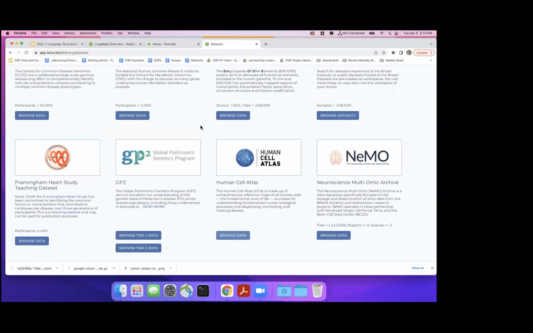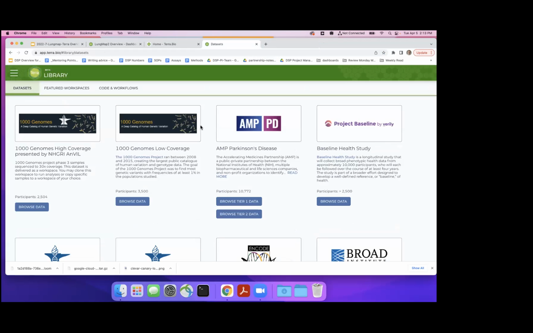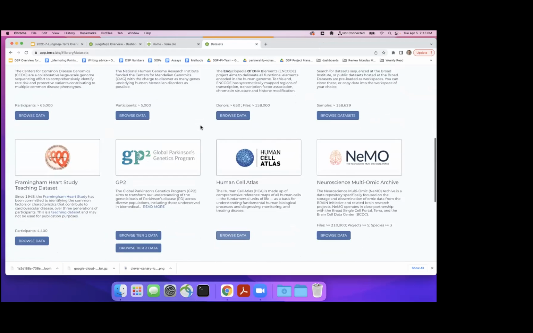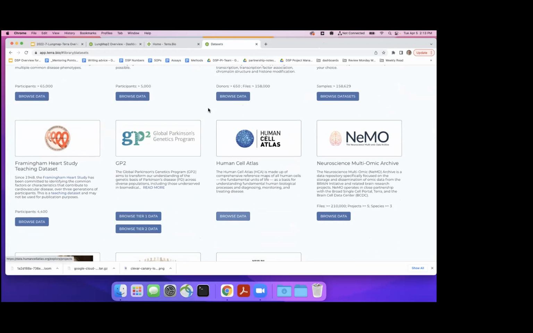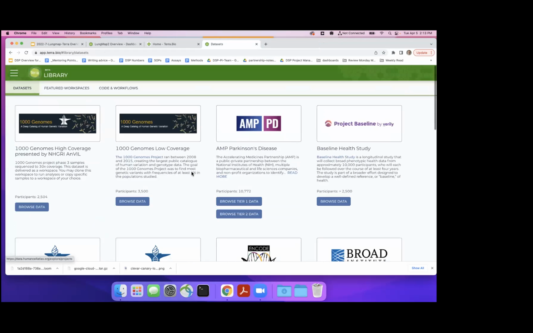Just jumping back. Some of these don't require authentication to access, like that one, for instance, is all open access data for now. And so it doesn't require that, and you just go directly into it. Others might require authentication, and it takes care of that for you. It'll guide you through what you need to do next, either emailing someone or actually going through the application. But nonetheless, that's featured data sets. So there's also under here